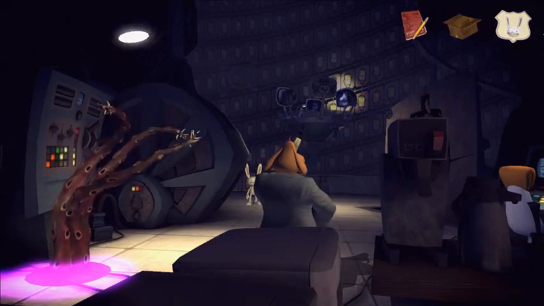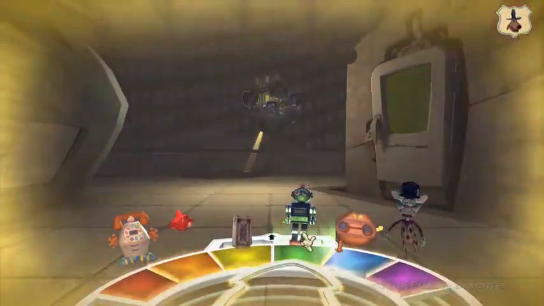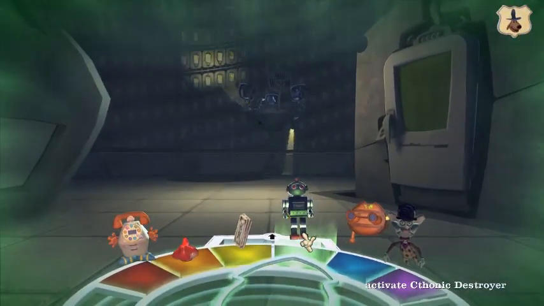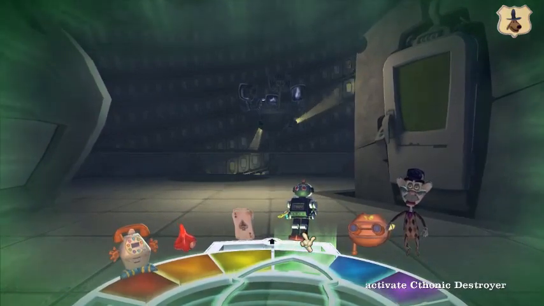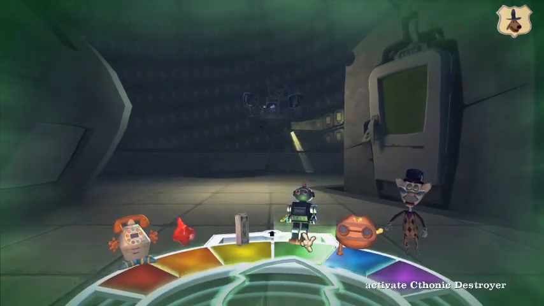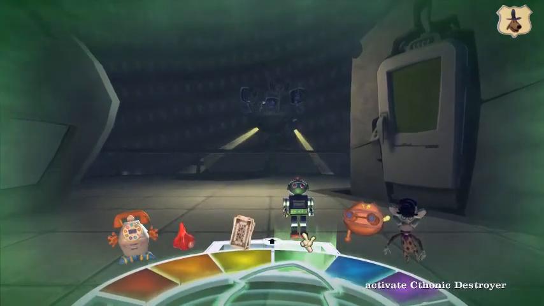Hello, everyone. Welcome back to this game. When we last left off, we acquired the Chthonic Destroyer, which, by the way, I can't help but notice starts out like Cthulhu, so I think it means it's useful against tentacle monsters. By the way, I really like the puzzle that we had to get through in order to get this thing. It was